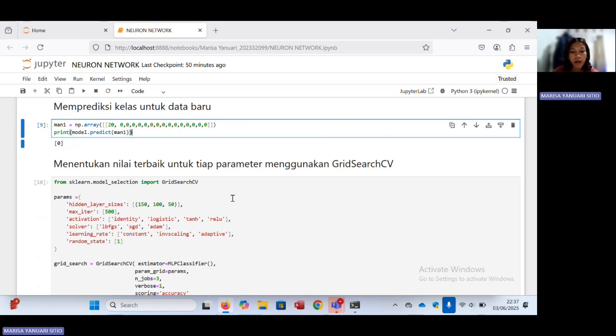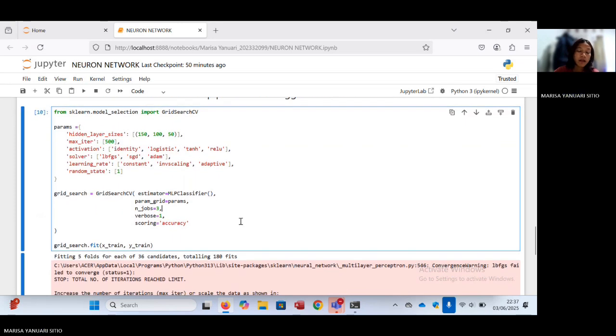The neural network has 3 hidden layers: the first layer has 150 neurons, the second layer 100 neurons, and the third layer 50 neurons. Summary: you are training a multi-layer neural network classifier using scikit-learn with 3 hidden layers, a training limit of 450 iterations, and a fixed random state for consistent results.